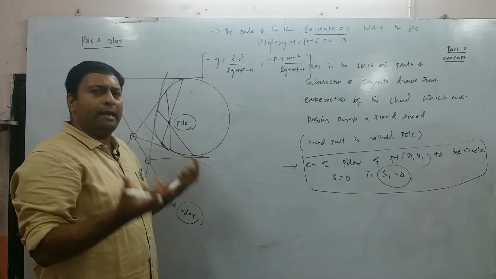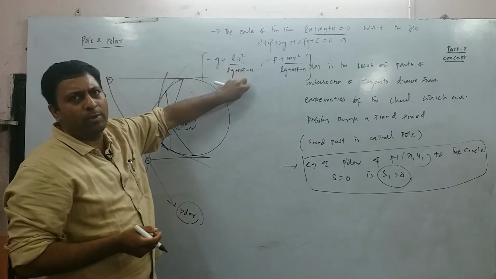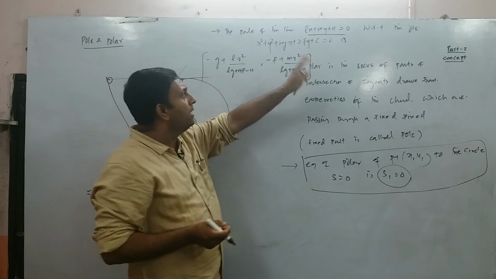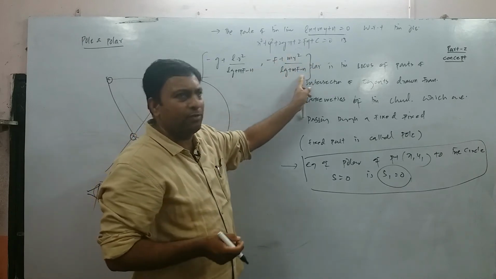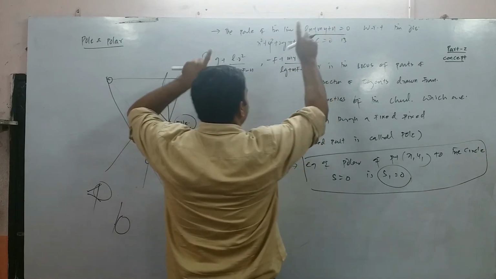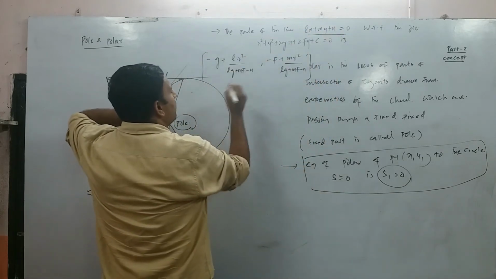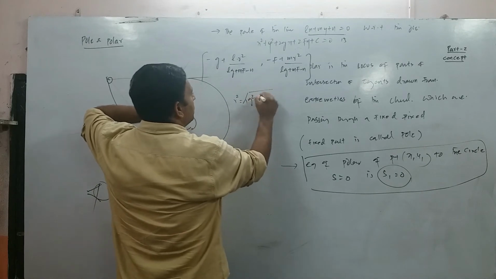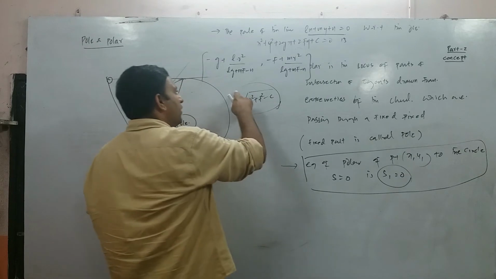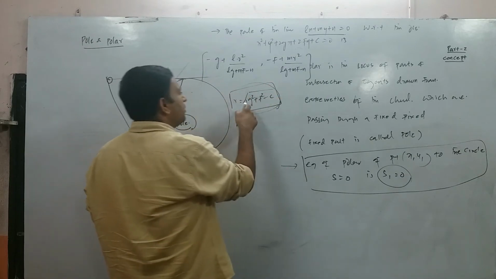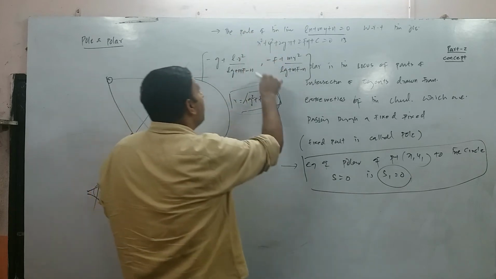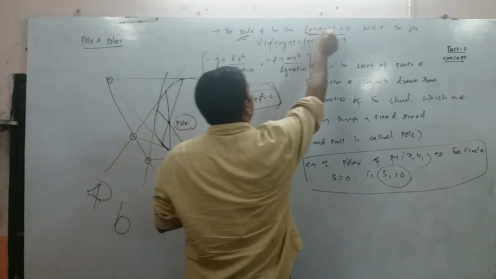Now it is pretty difficult, but there is no option because this is a very important, straightforward question you get in the entrance examination. So you are expected to remember or learn this formula by heart: (-g + lr²/(lg + mf - n), -f + mr²/(lg + mf - n)). What is important here is this is l, m, n, g, f, c. What is missing is r². Where r is nothing but the radius, the square root of g² + f² - c. You find r² and substitute it here, right? So this is how you will find the pole when the polar is given.